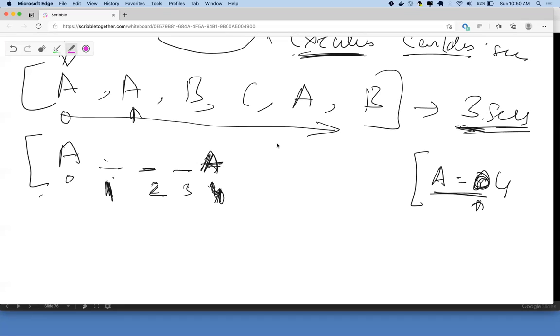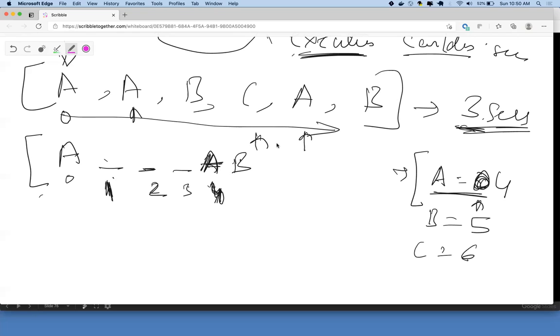Right. Now let's say now I get B. B is not there in my hash map, so it's not even running. So it's safe to add B, right? Now I add B. I added it as 5 or whatever, the last time. Now I get C. It's not there in my hash map. Now I add C. I add 6.